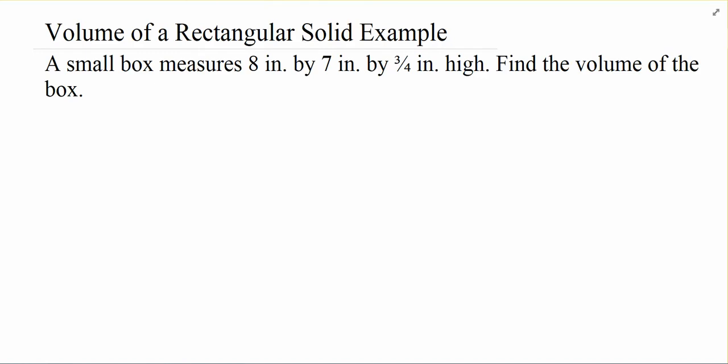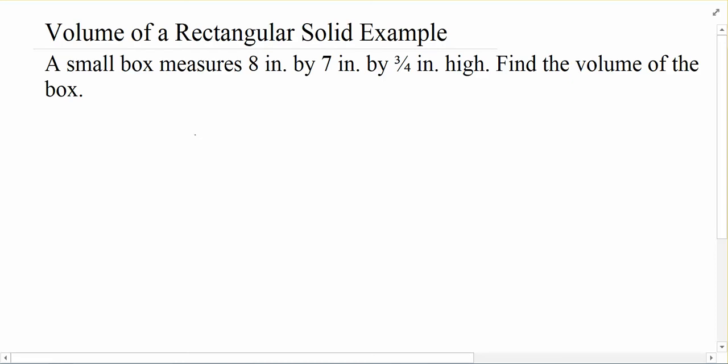When it comes to volume of solids, we're basically going to look at three different types of solids, and there's really only basically three formulas you want to look at. The first type is when it's the same two-dimensional object stacked on top of itself a bunch of times to create your three-dimensional object. One example of that is a rectangular solid.